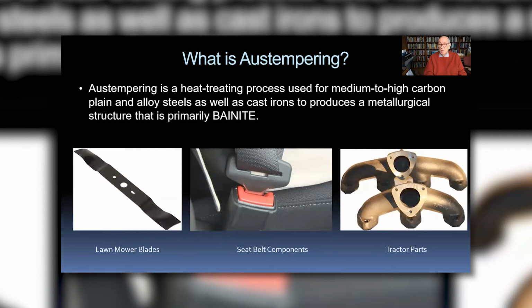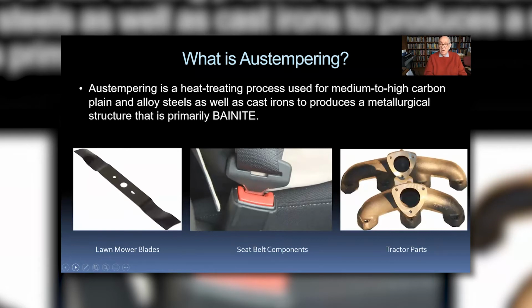It's used in medium to high carbon, both plain and alloy steels, as well as cast irons, example being ductile iron. And we're trying to produce a microstructure called bainite, which is probably a foreign word to most of you,